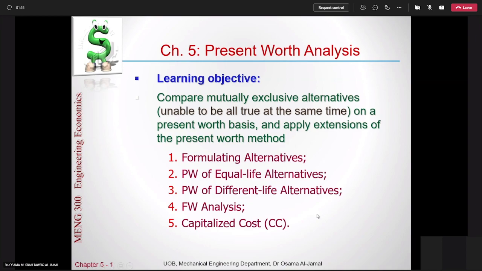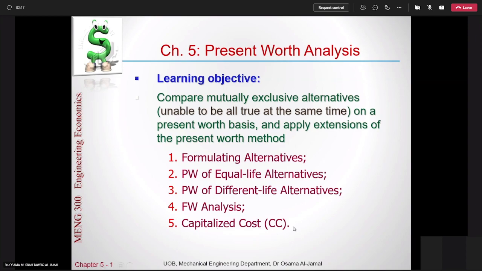After that, we'll see the future worth analysis. Again, we are not going to spend more than 5 minutes on that. Why? Because it's just part of what we're going to see for those two, present worth of equal life or present worth of different life alternatives. And finally,